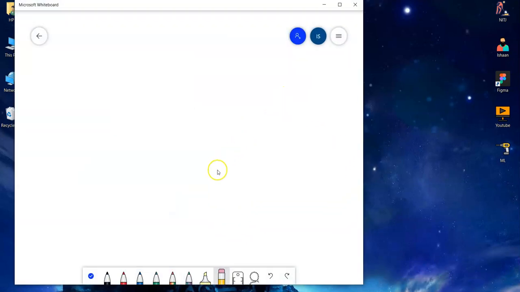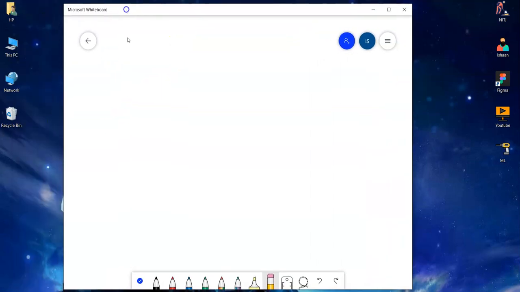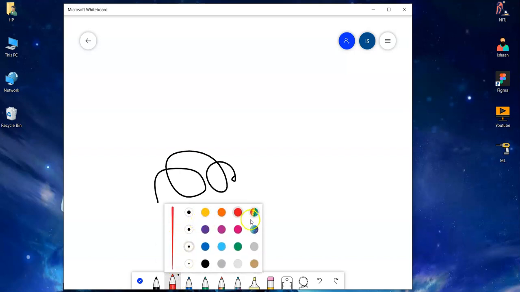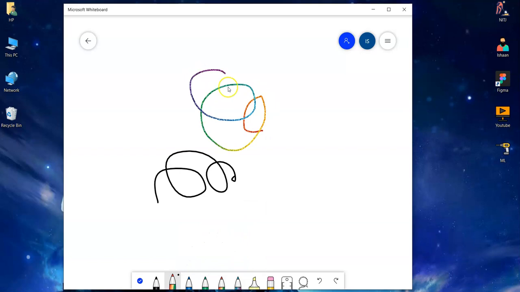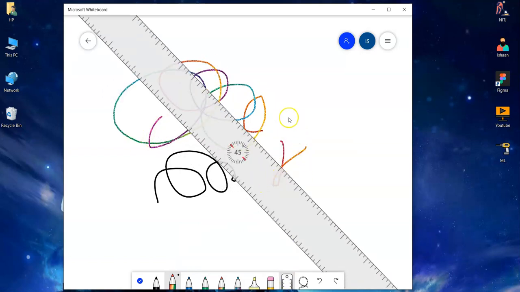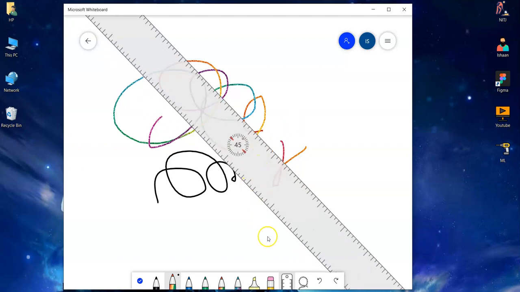Now you can see that here this amazing whiteboard is created. So here you have multiple color options. You can customize your color by simply clicking on it and choosing any color, whether the design one or else. Here also we got a ruler and protractor, and the eraser.